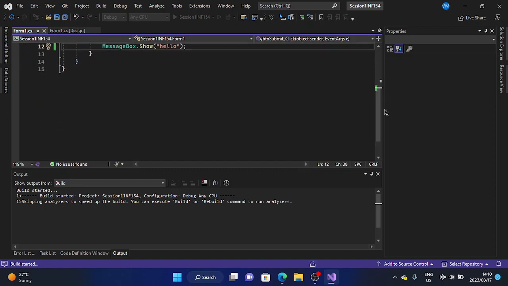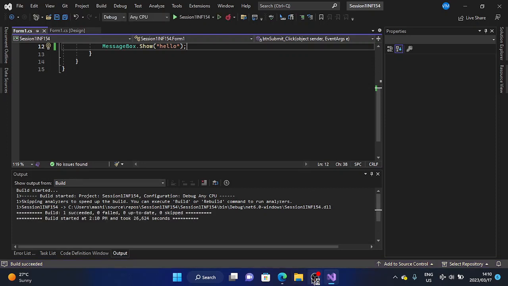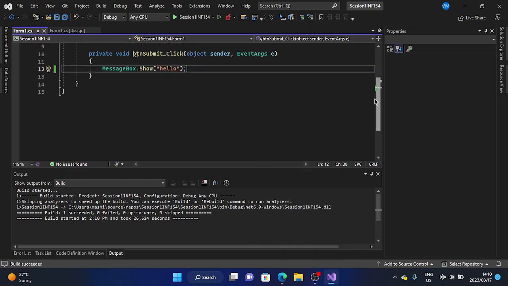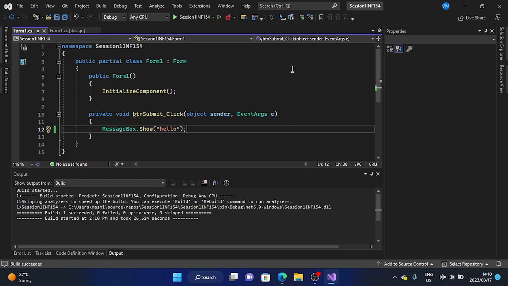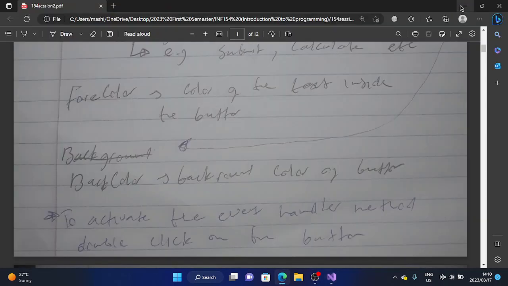Then why is it taking time now? I think it's because I'm using OBS and Visual Studio Code. That's why it's taking time to load. Let's see. So it's still loading,